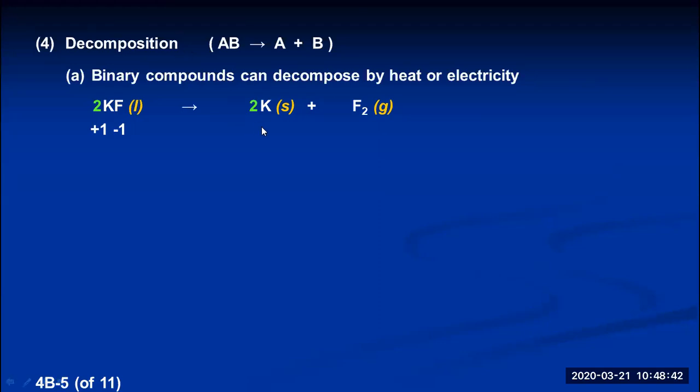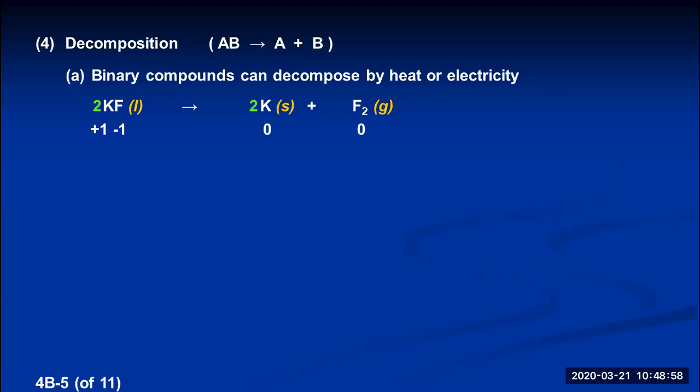This, on the other side of the equation, is elemental potassium. That's made of neutral atoms, so its oxidation number is going to be 0. And F2 is elemental fluorine. That's made of neutral fluorine atoms, so its oxidation number is going to be 0. So you should be able to predict the oxidation numbers of any atom on any reactant or product in a